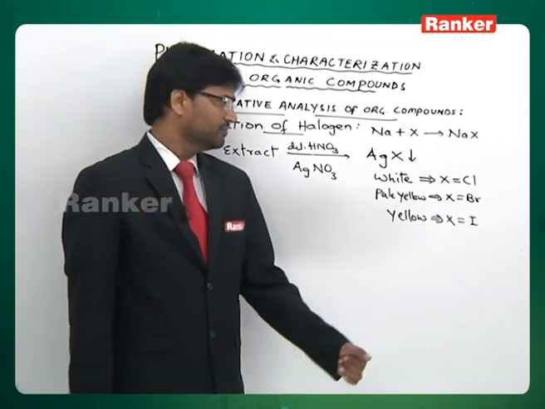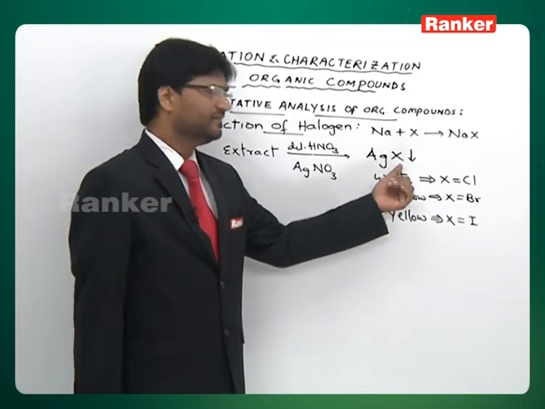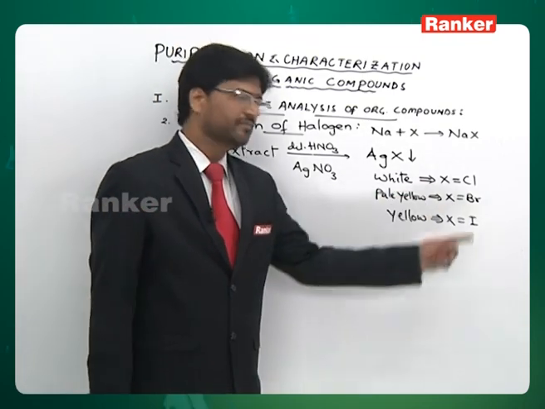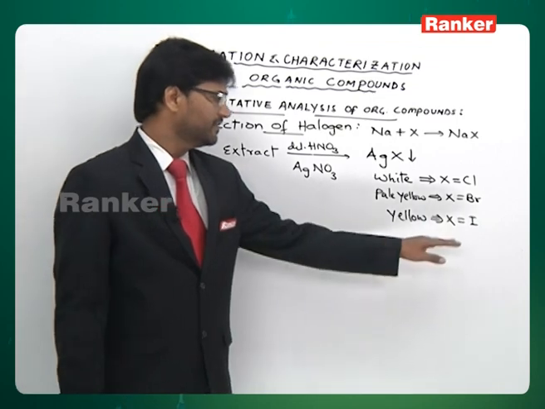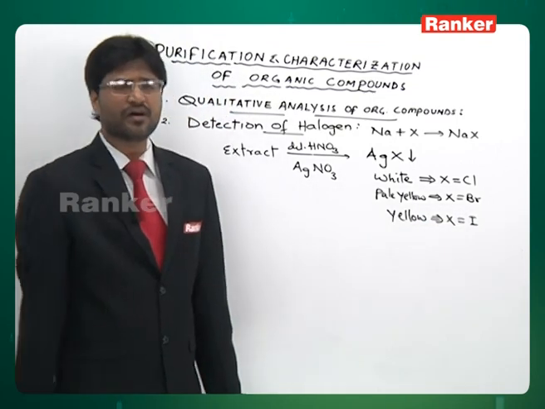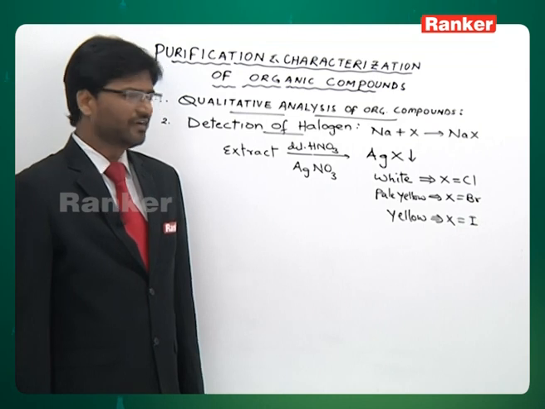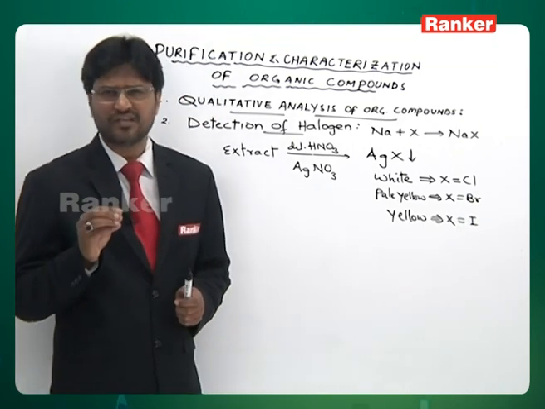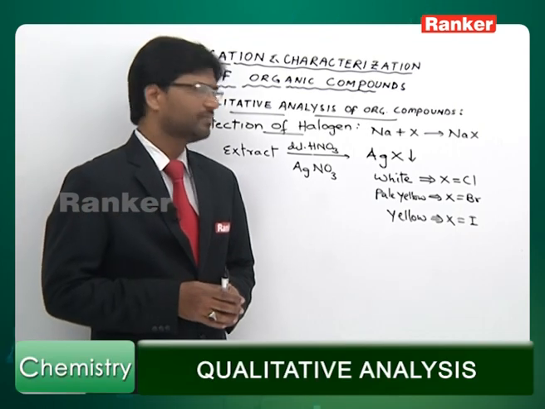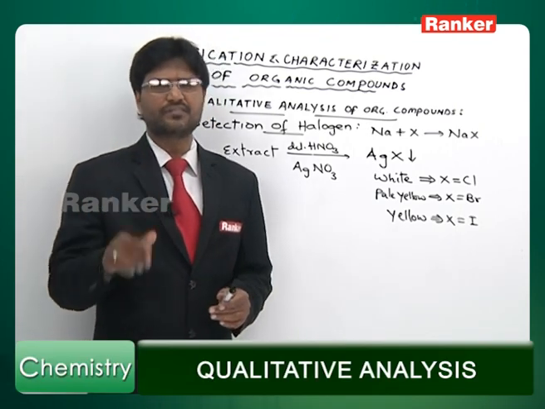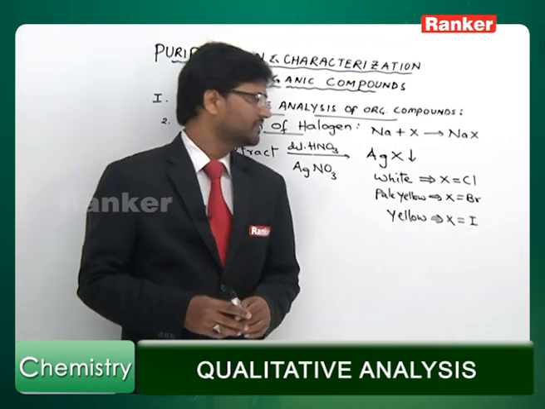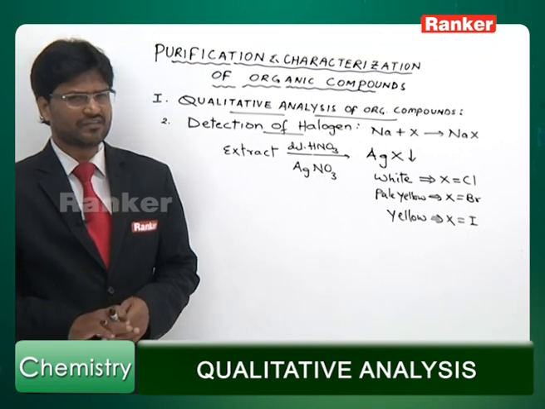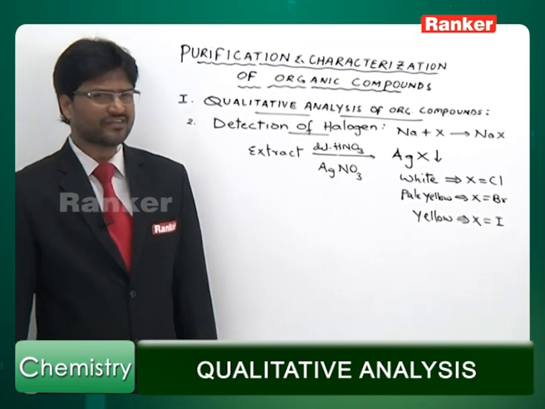Another important thing you already know, that if it is AgCl, it will be soluble in ammonia solution, whereas if it is AgBr, it will be sparingly soluble, and if it is AgI, it is insoluble in ammonia solution. So, if a white precipitate is obtained which is soluble in ammonia solution, then it is an indication that chlorine is present in the organic compound. If you get a pale yellow precipitate which is sparingly soluble in ammonia, it is an indication for the presence of bromine, and if the precipitate is insoluble in ammonia, it is an indication that iodine is present in the